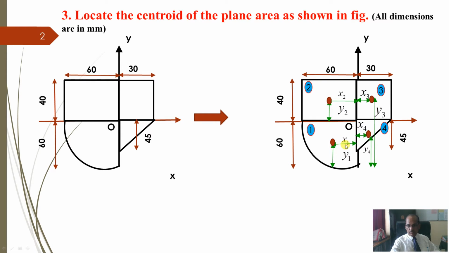In every quadrant we have parts of the composite figure. The rectangle is in the first quadrant, then second, third, fourth, and that way the coordinates will change. Some of the coordinates will be along the negative x-axis and negative y-axis. That is the beauty of this particular example, how to take the negative coordinates also with respect to the given coordinate system. So we'll go systematically so that there is no confusion in this numerical.